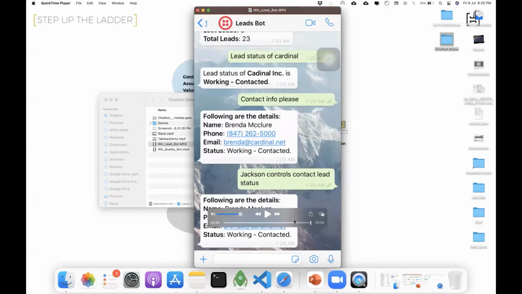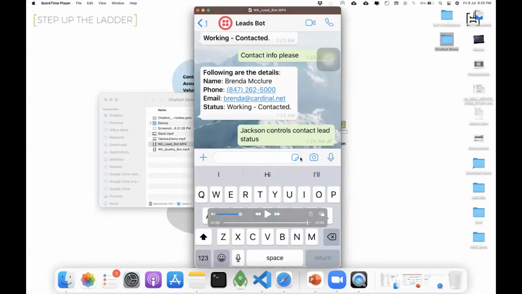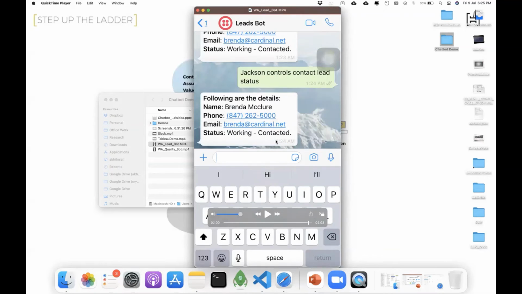If you see here, Jackson controls lead contacts. So it automatically fetched the data of that particular lead and shared it with the user.